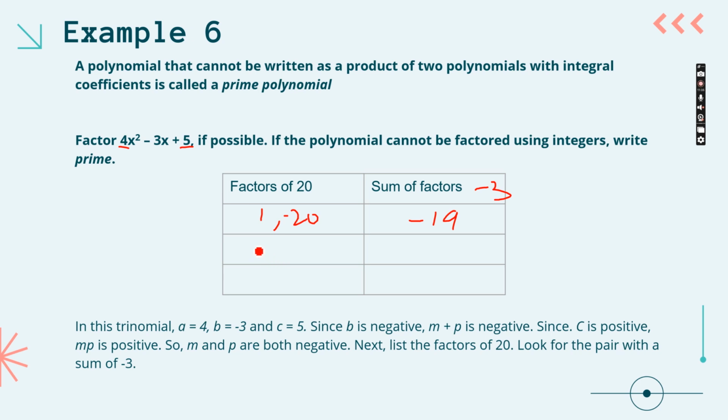We can try even 2 and negative 10. This gives us negative 8. Not what we're looking for. And we can also do 4 and negative 5, which gives us negative 1. That's not negative 3. So what should we write then? If we can't find factors of whatever a times b is, that also give you whatever a times c, which gives you your b term,